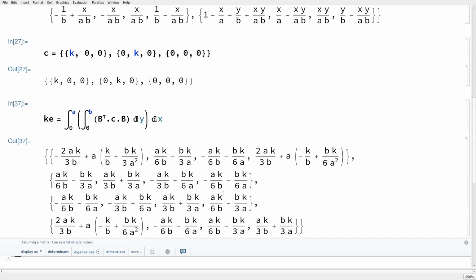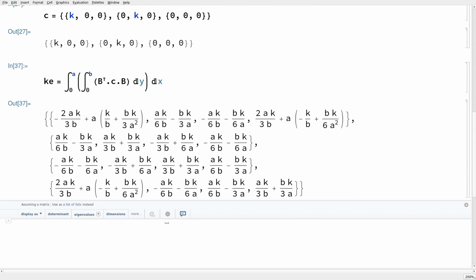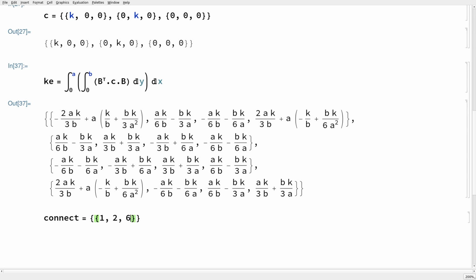So what we need to do next is create a connectivity array. And so I got to basically do that myself. I'm just going to read off, starting with element 1 in the notes. I'm going to read off in order from the lower left-hand corner to the lower right-hand corner to the upper right-hand corner to the upper left-hand corner. I'm going to read off the global node numbers, okay? And I'm just going to write them down as I go. So I'll have 1, 2, 6, 5 for element 1,